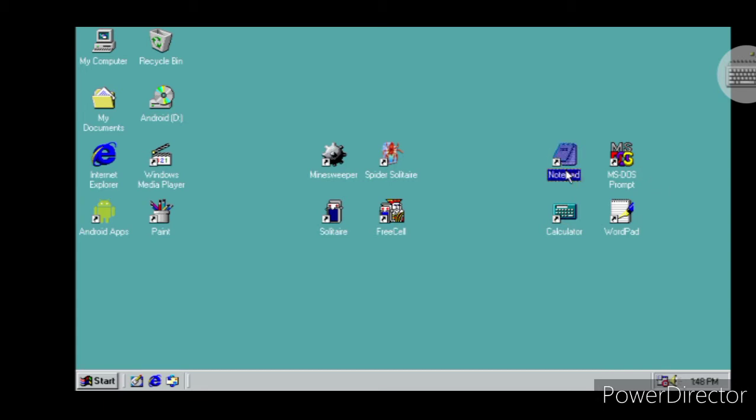I have clicked here, and the screen is changed into a PC desktop. Yes, this is so good. Below you also have browsers. Now I want to browse something, that is browse.